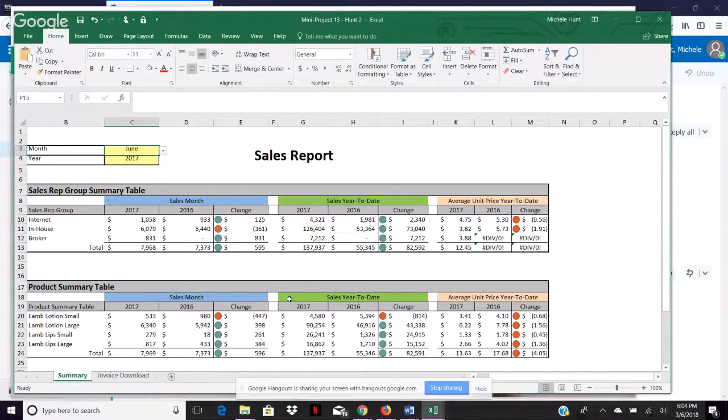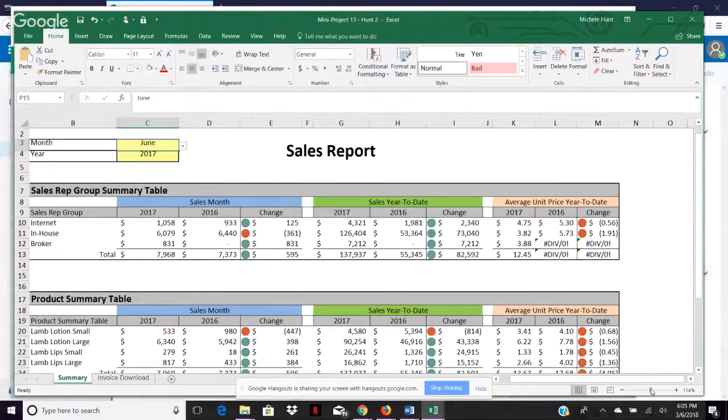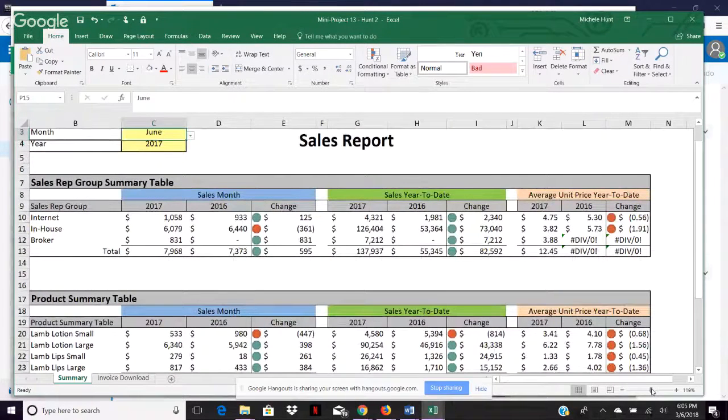In fact, let me make this big. Could you make your Excel bigger? It's just a little small. Oh, okay. So he has slightly different